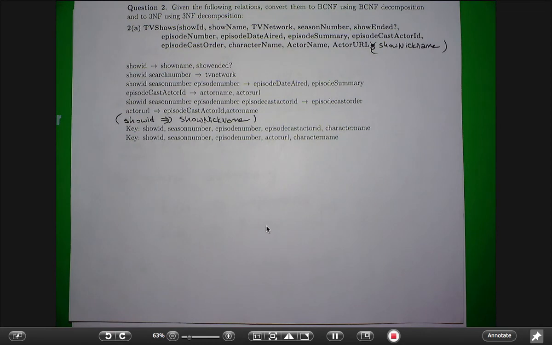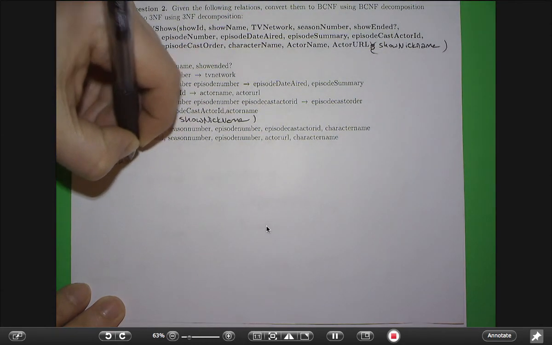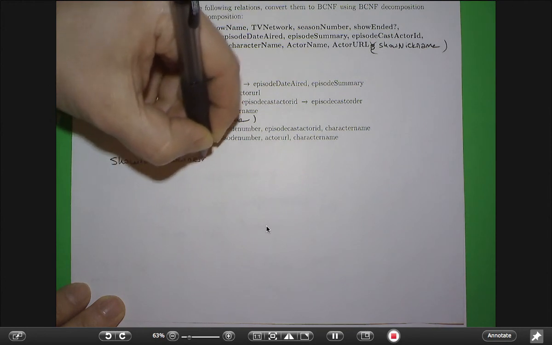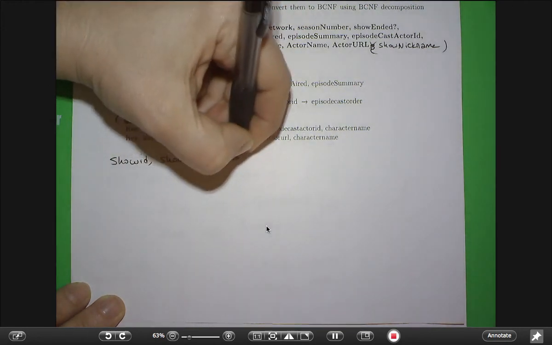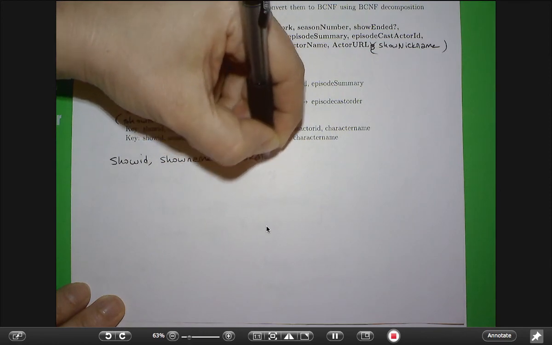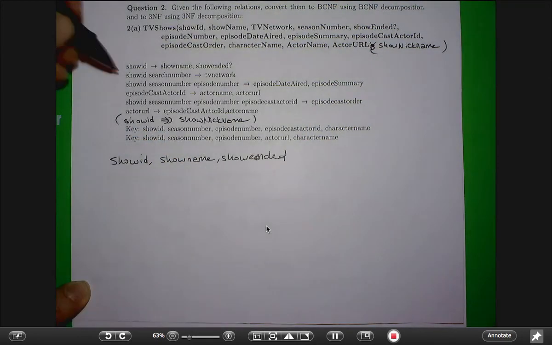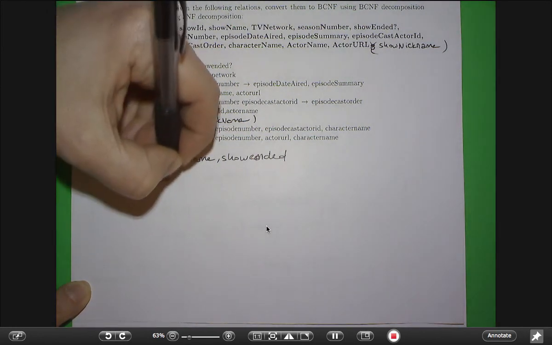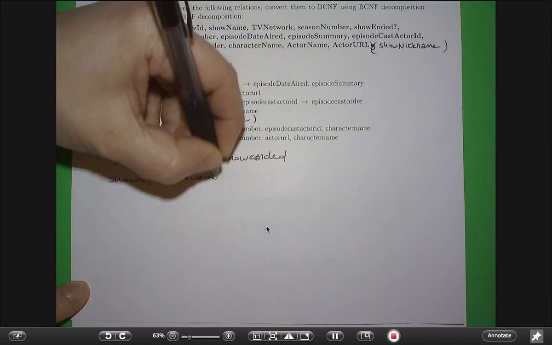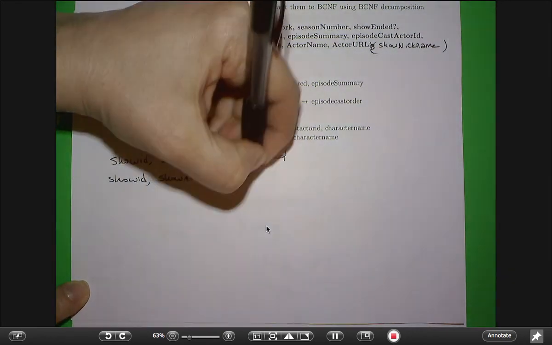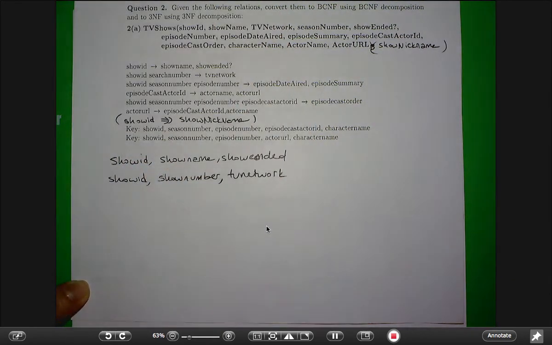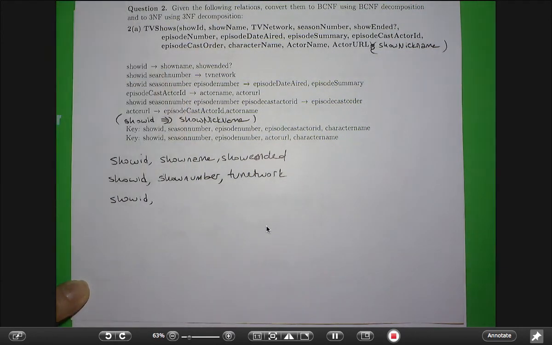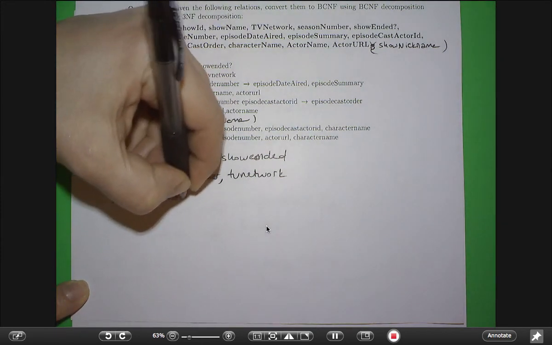Now it's actually quite easy. So I'm going to have show ID, show name, show ended. I'm going to have show ID, show number, TV network. Then I will have one with this one, so I will have show ID, season number,